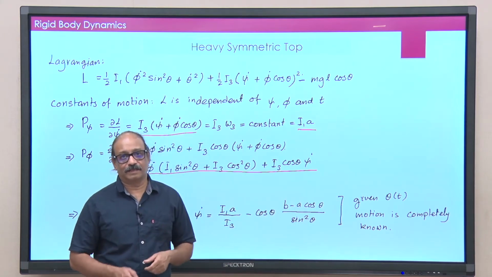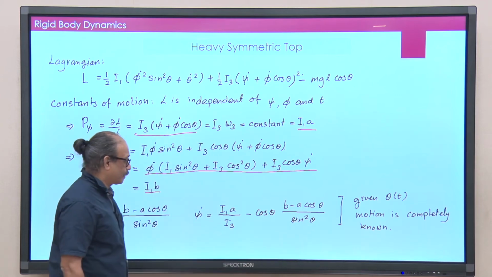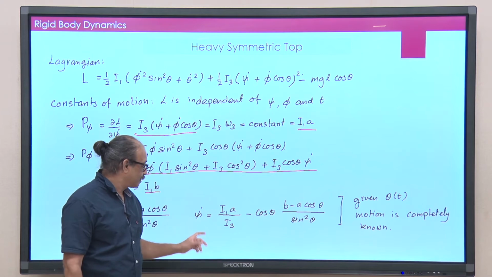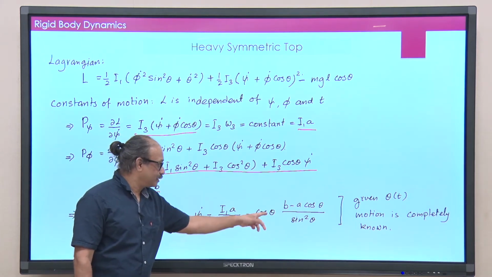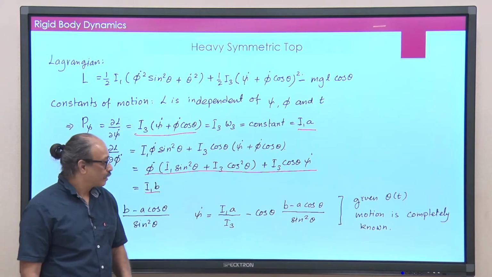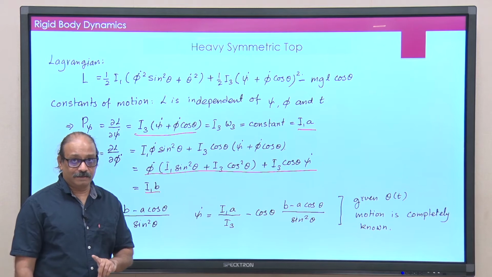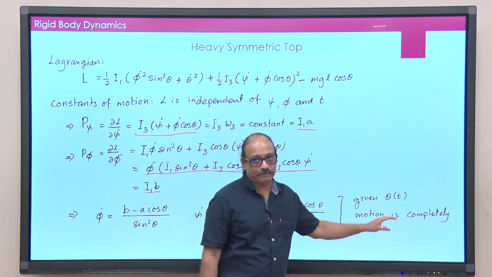The moment I have theta as a function of t, we now have a full solution. Okay. And then I can of course integrate this. So, psi will be the integral of this expression and theta will be a known quantity. So, I need now a third equation in theta, which finally when solved will give theta of t,